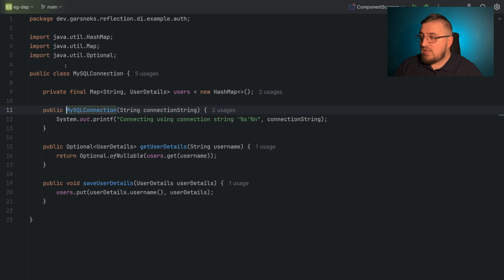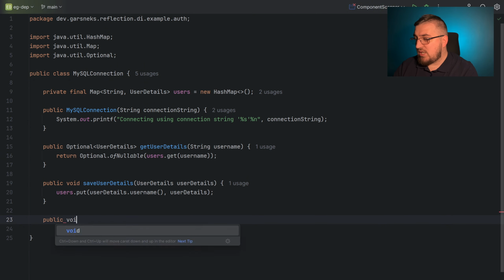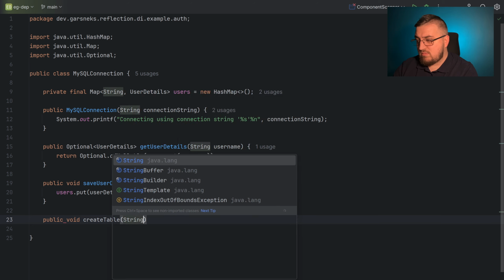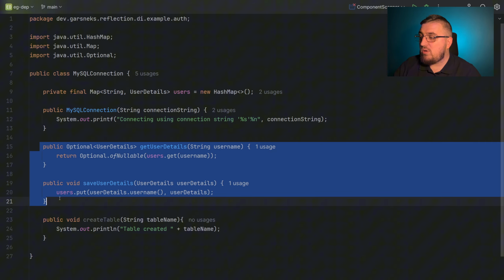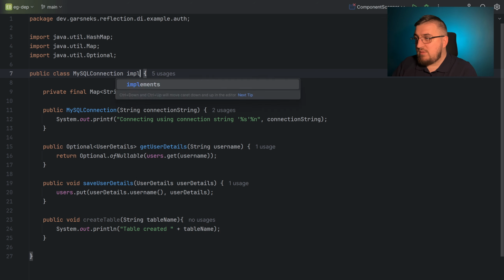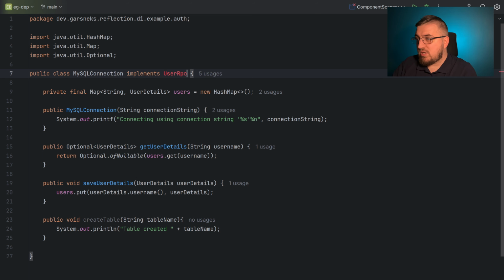You could imagine the MySQL connection actually could have more functions. It could have a function that can create a table, which is really not relevant for our use case. And by providing this large dependency, we provide everything, even those things that we don't need. What our auth service really relies on is the option to get the user details and the option to save user details. And to make this dependency inversion work, we need to create an interface that will hold only these two items. So let's implement a user repository